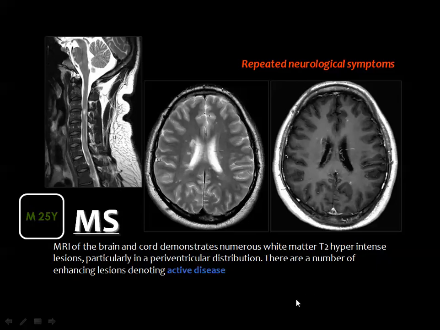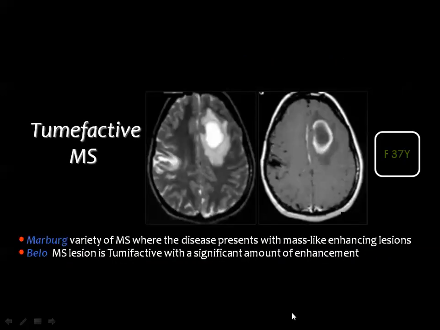an indication of activity. And you know that the plaques may affect the cord only, or the brain only, or both. And the incidence of brain and the spinal cord involvement at the same time is almost in the range of 30%. And some of the MS lesions will be sizable, and they will show low signal in the T1 and high signal in the T2 and the FLAIR weighted images.